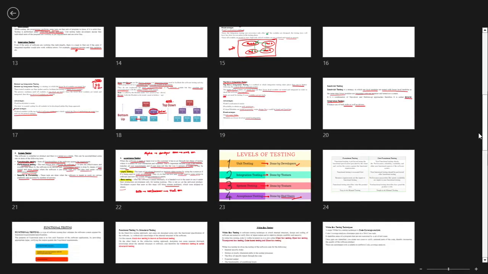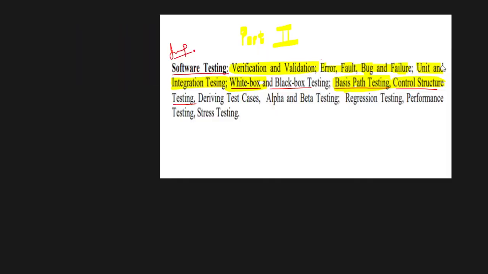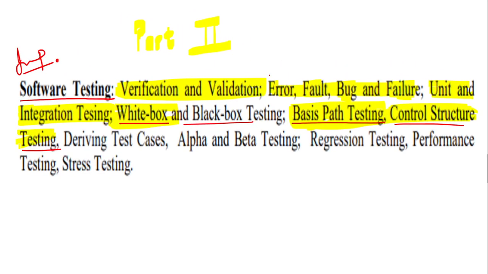So control structure भी हम कर चुके हैं. This is what we have done today. Control structure testing भी हो गया. Deriving test case will not do. Alpha, beta, regression and performance testing and lab. This we'll do in the next class. Okay, so this is what we have done. So we'll quickly discuss कि हमने क्या क्या कर लिया. So if we talk about, so we have done we could discuss today